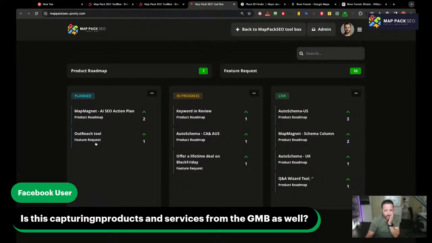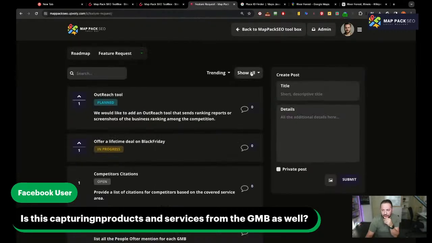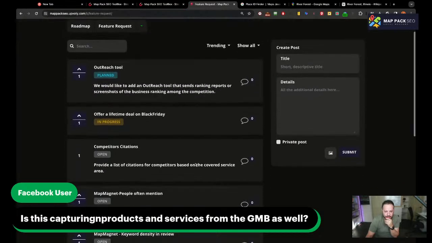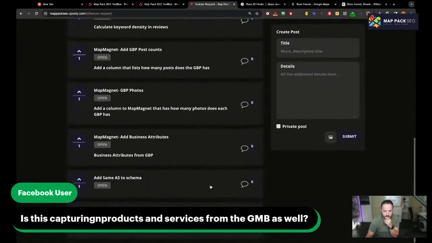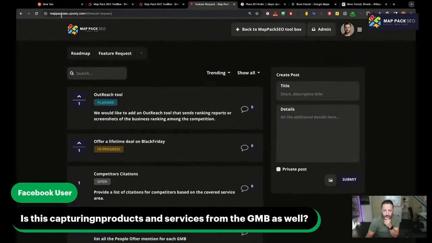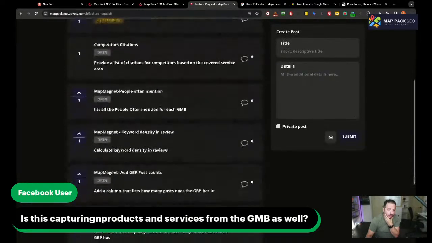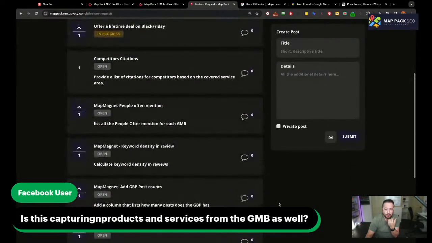I have it in the features right here. Actually, I should add this one. So you could go right here to the vote, mappackseo.upvoting, and add this. I'm planning to add the category, which is going to be the services that you have.